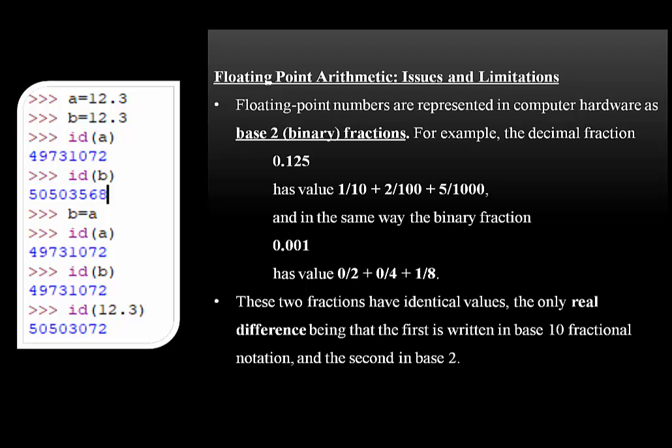So when you even check the ID of 12.3, that's again in some other location. Why? Because there is a difference between the digits that are stored after the decimal point. Okay, 12 point, and after that. So hope I am very, very clear why you are getting different IDs.